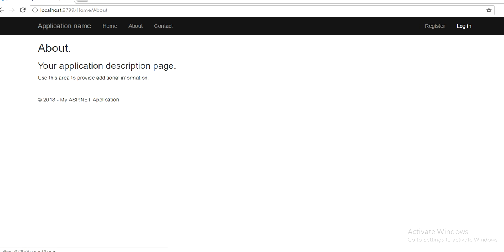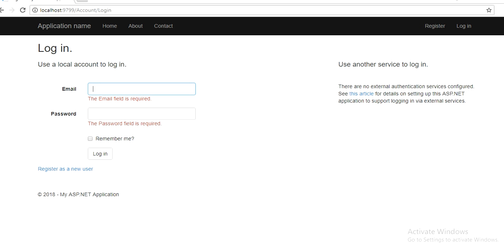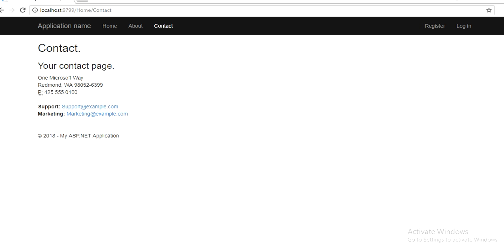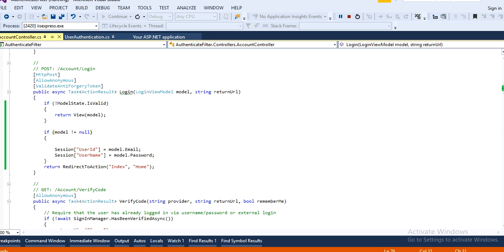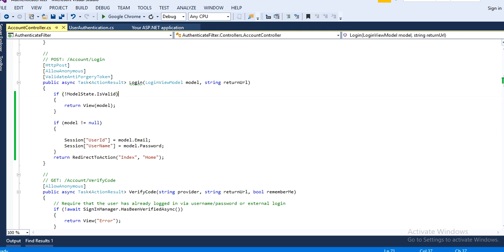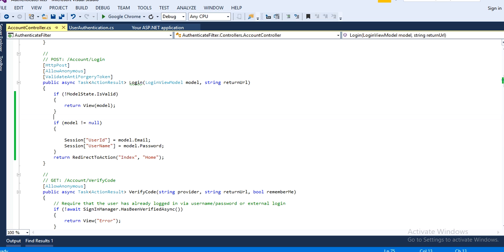So I am going to login. Without login I am going to the contact page and the about page, so this problem is resolved by the authentication filter. This is my authentication filter. We can use UserAuthentication inside